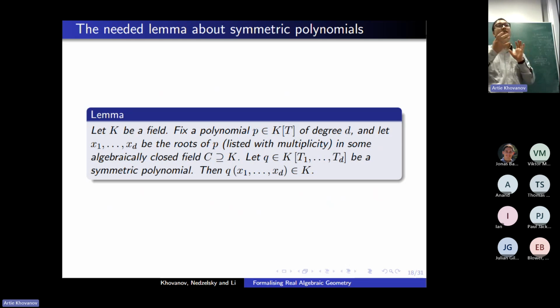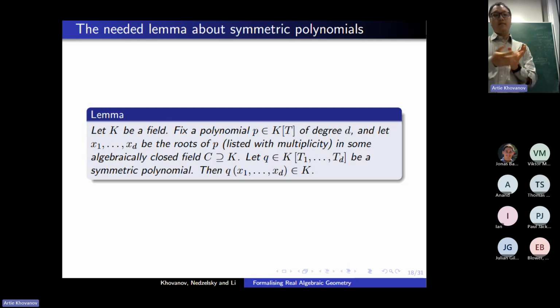So actually the lemma that is needed for proving the equivalence of definitions of RCF is this one about symmetric polynomials. It is actually a simple corollary of the fundamental theorem of symmetric polynomials. Essentially, it says, okay, for a field K,